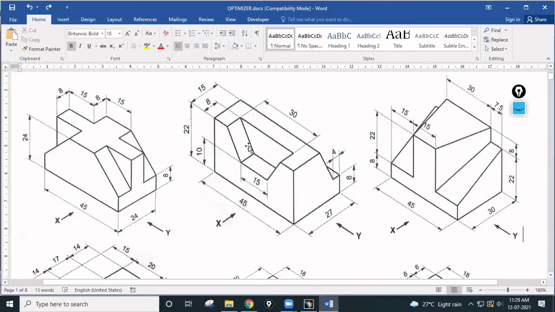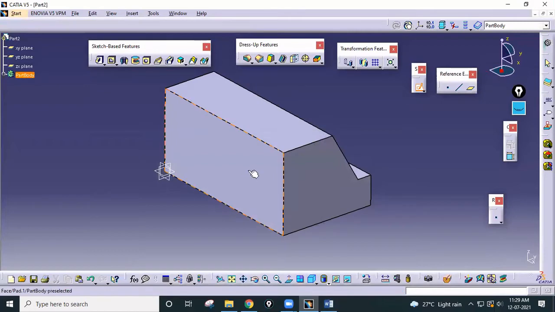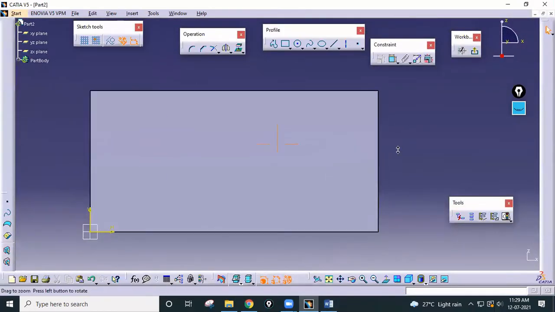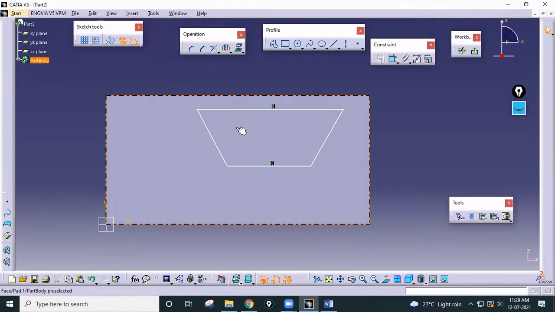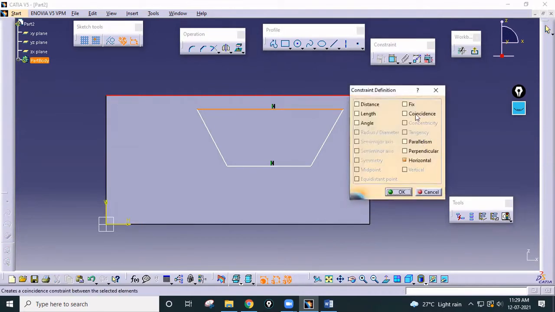So this is how the first step is done. Now second step, you have to remove the material here, that means you have to make a pocket. So again, just go to sketch, select this face, and now you can draw the profile which we want. It will be like this. Okay, now again, this line should be coincident with this. Just press Ctrl and select these two edges and go here and make them coincident.